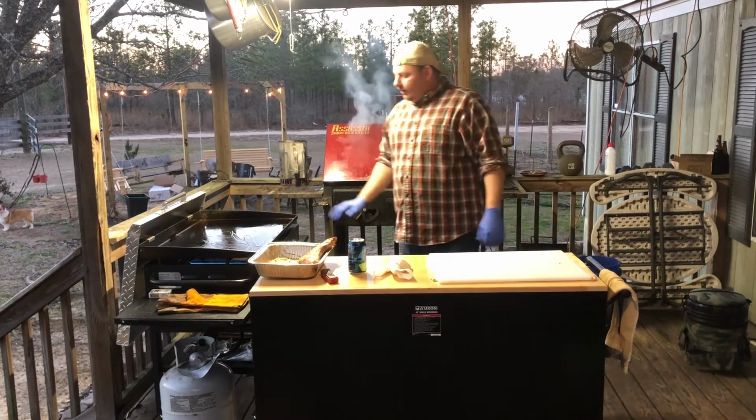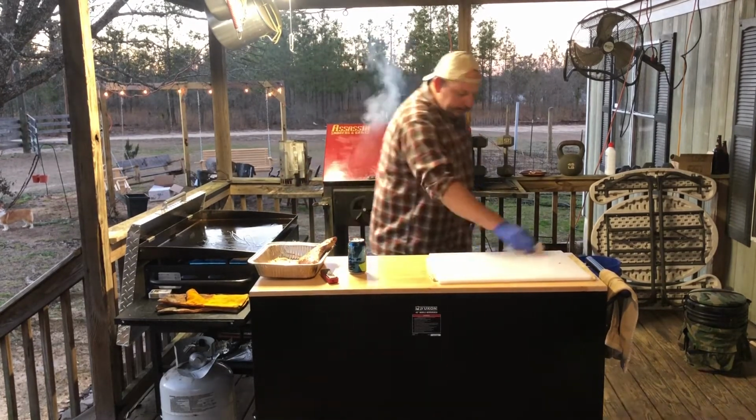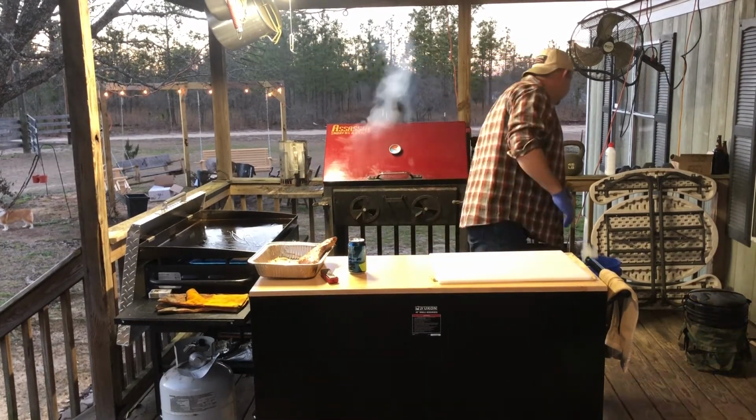Alright, while we're waiting on the griddle to get good and hot, which ain't going to take but a minute or two, I'll wipe my workstation back down here. Get some of the other stuff off. Alright, so